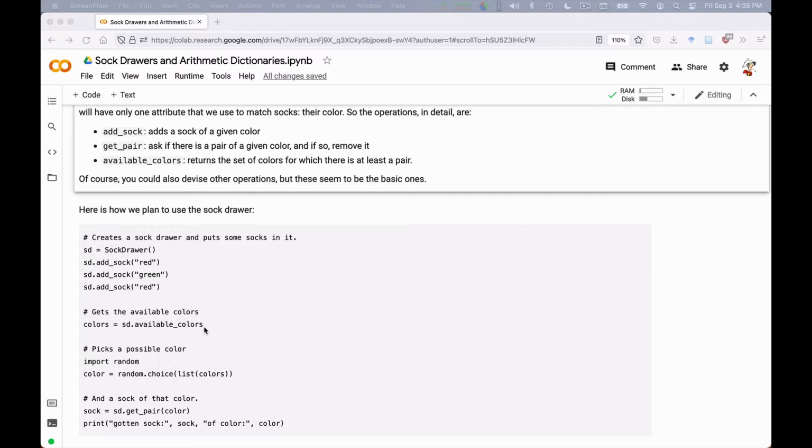We would be able to use the random package to pick a random color out of the available ones. Okay? And then we would be able to pick a pair of socks, but it should really be a pair of socks of that particular color. The result in this case would be a boolean that tells us about the availability of socks of that color. And this operation would also decrement the number of available socks.